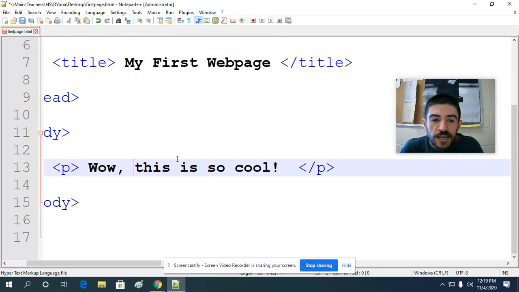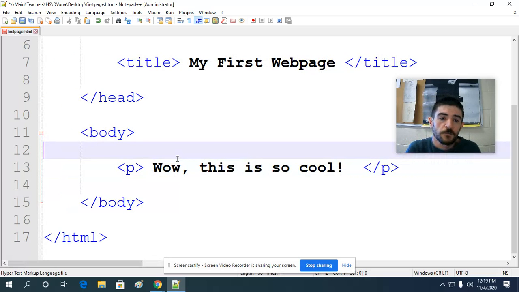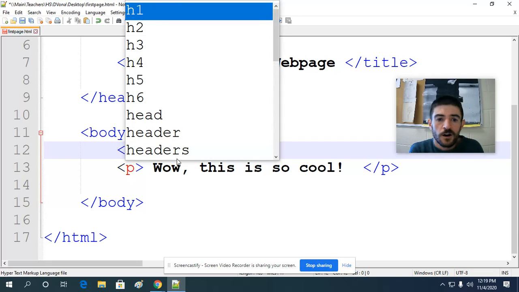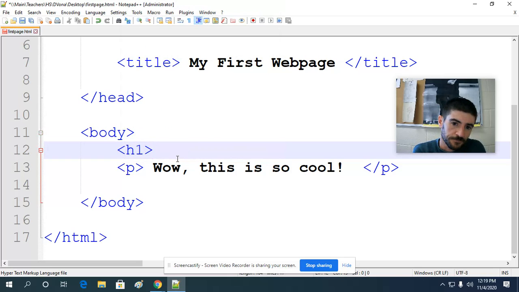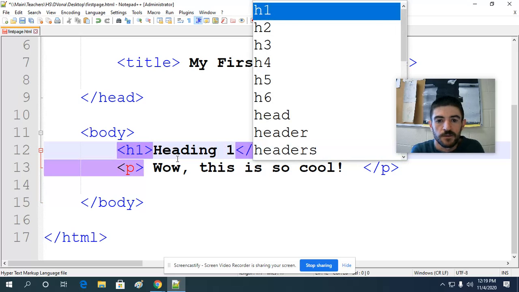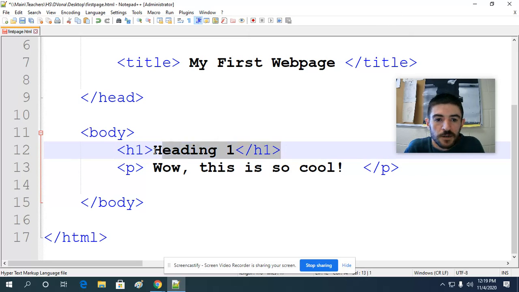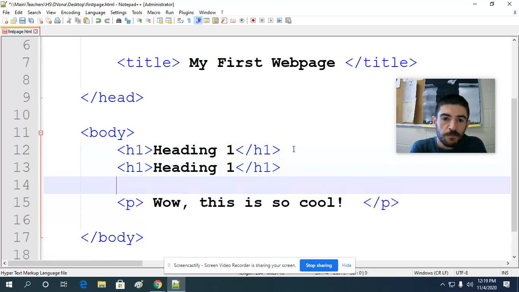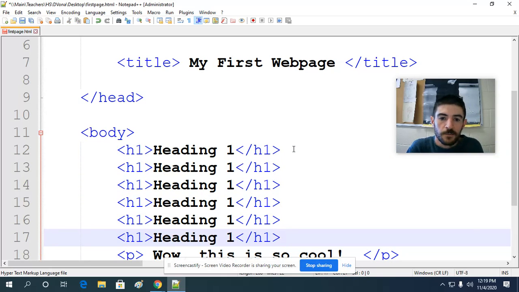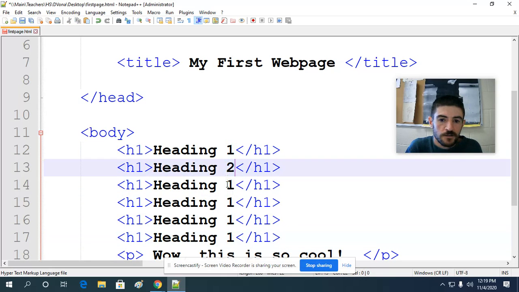Now, the P tag is the most commonly used tag for text, but there are a few other tags that we are going to use, and they are called the heading tags. There are 6 heading tags, and I'm just going to make some of them right now. I'm going to make my life a little easier. I'm going to copy this, paste it, and then change this to heading 2, heading 3, heading 4, heading 5, heading 6,